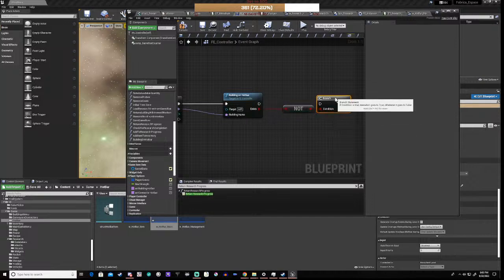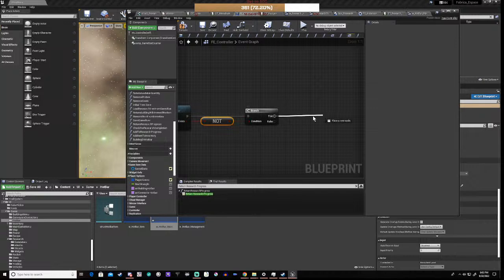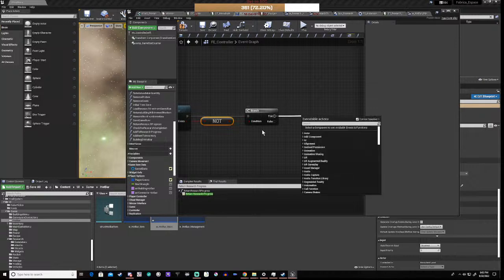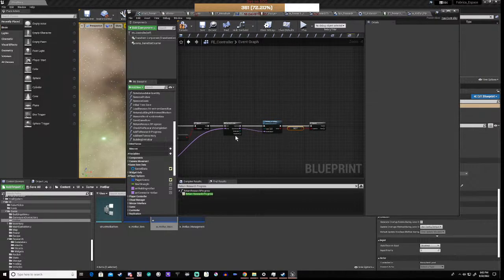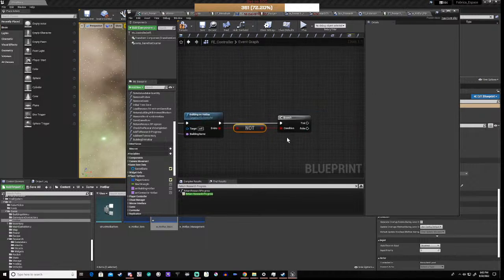So basically if it exists then we set it to false, and then we don't do anything off the false, right? If it's true, we're doing that for each one, which is fine. Right? So if it's true,